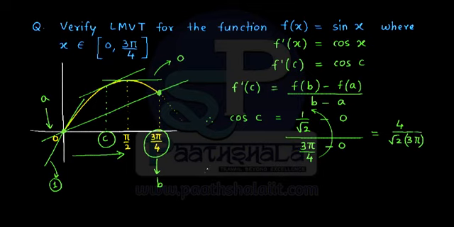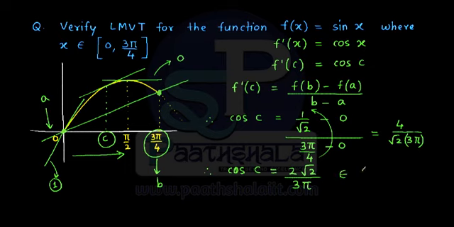Therefore we can cancel out a factor of root 2 and write it as 2 root 2 upon 3 pi. Now this number is positive, and the numerator is clearly less than the denominator, so